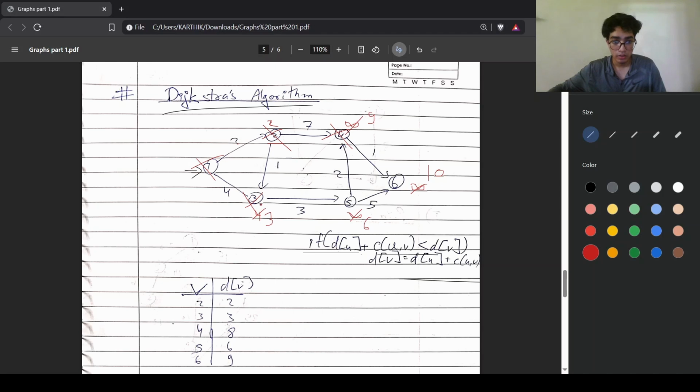Next I have point 5. From point 5 I can go to point 6 which is 6 plus 5, which is 11. But this is already 10, so there is no need to update it. And now I've successfully visited every node and updated the final values. So from point 1 to 2 the cost would be 2, which is the final cost here. To 3 it would be 3. To point 4 it would be